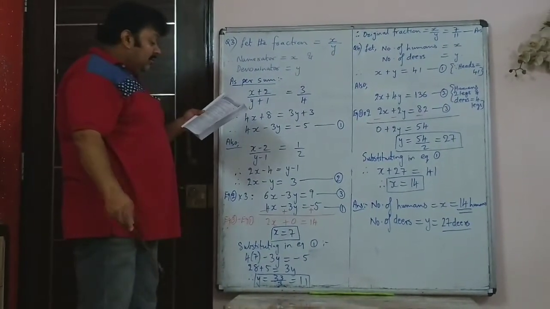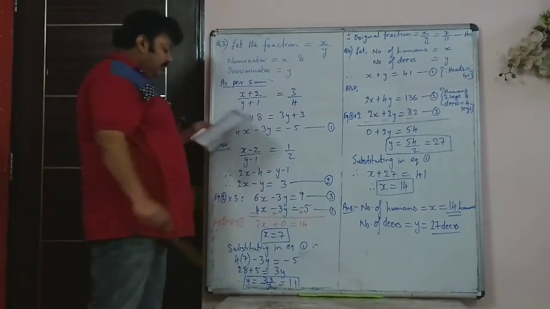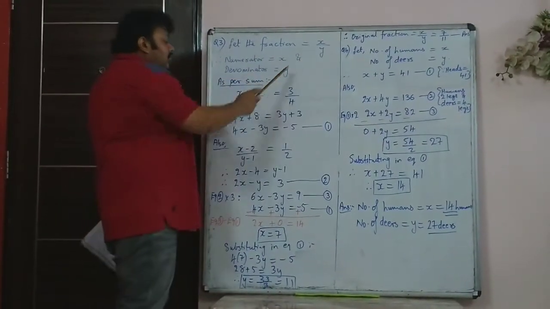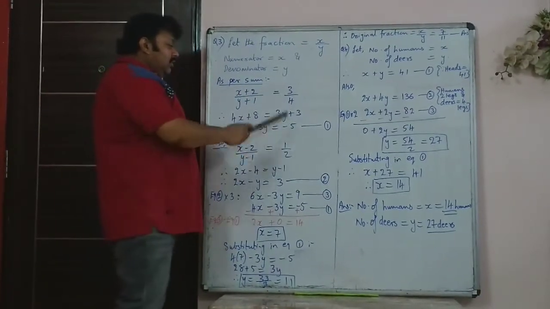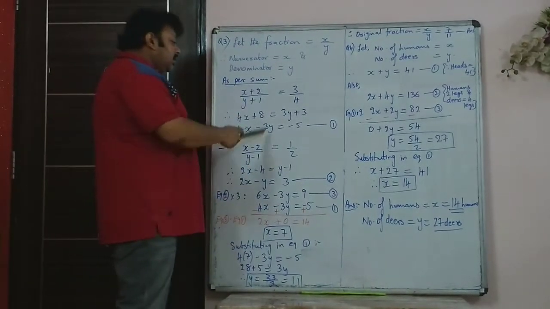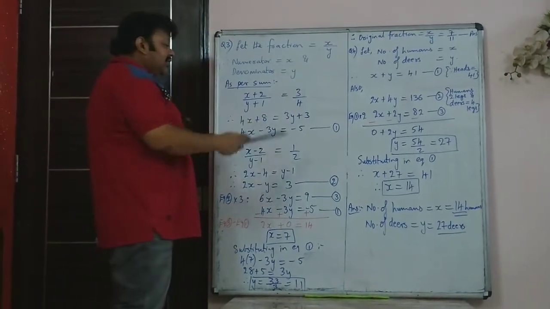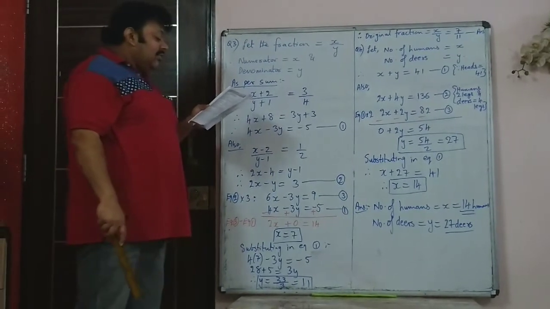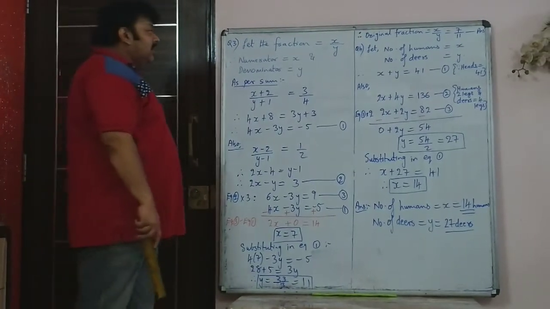As per the sum you are given, first case, if the numerator is increased by 2, so x plus 2, and the denominator of the fraction is increased by 1, so y plus 1, then the fraction becomes 3 by 4. So if you cross multiply, you will get 4x minus 3y is equal to minus 5. So that would be the first equation. 4x minus 3y is minus 5. Now second case, they have given if the numerator and denominator are decreased by 2 and 1 respectively.